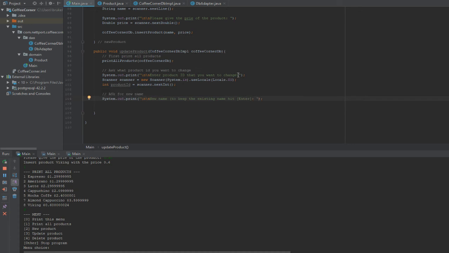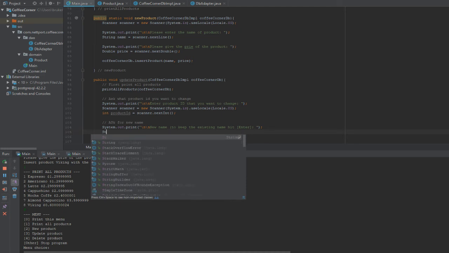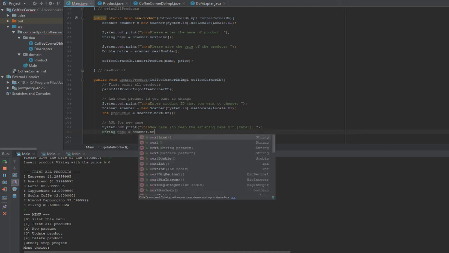Okay, so the new name is of course string name, scanner next line, scanner next line,